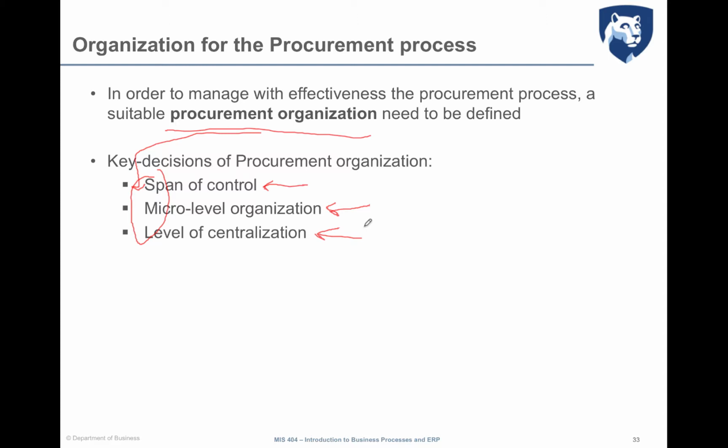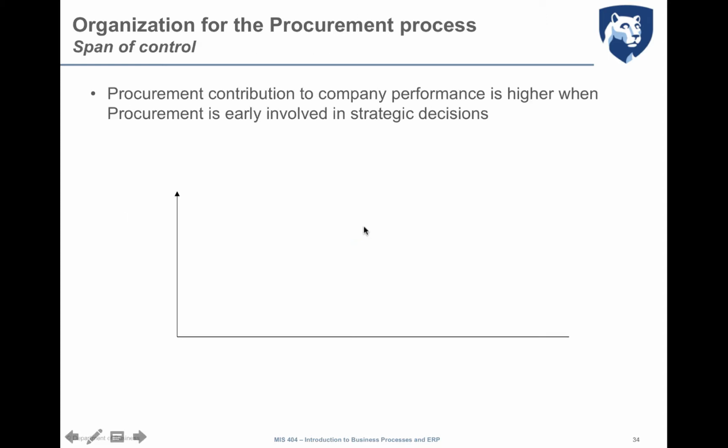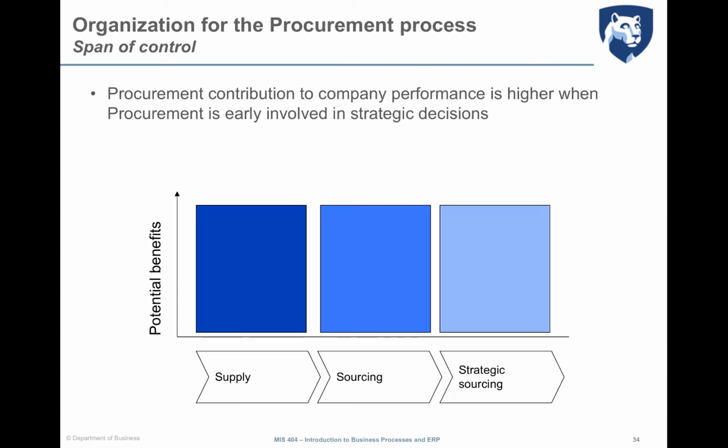locally based. Let's start with the span of control, meaning again how many activities, and of which nature, are under the responsibility of the procurement department. And as we remember, the procurement process is divided into three steps, which are supply, sourcing, and strategic sourcing. And if we cross the potential benefits that the procurement department is able to bring to the company and the different phases of the procurement process, we can see that the procurement contribution to company performance is higher when procurement is involved early in strategic decisions, meaning that